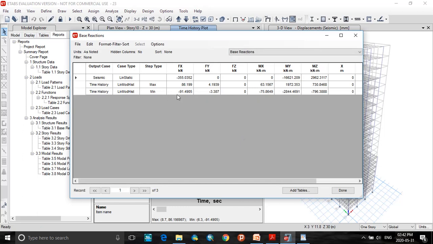Or if you want to check for base shear values in the tables, go to base shear. So here using time history functions, the base shear is 91. Earlier for response spectrum it was 290, and for seismic, for first method it was 355, and for second method, the response spectrum method, it was 290, and for time history the structure is having 91 as base shear. Okay, this is how we can extract the analysis results.